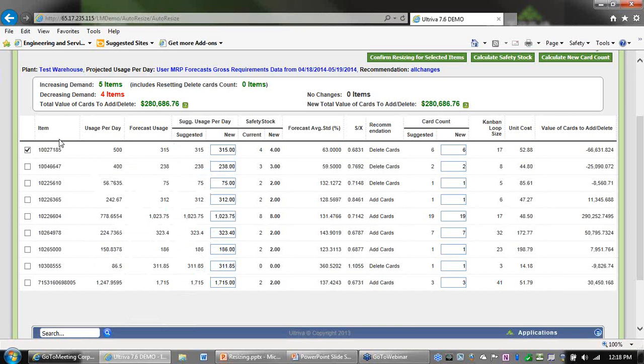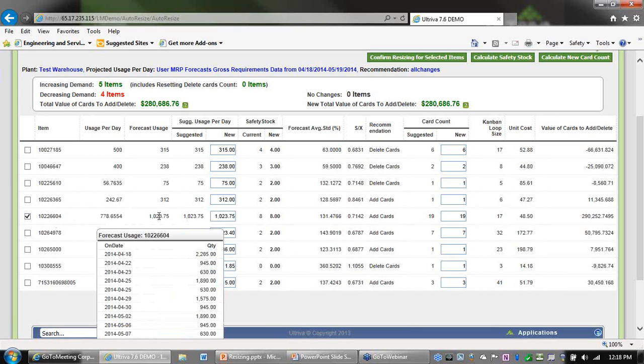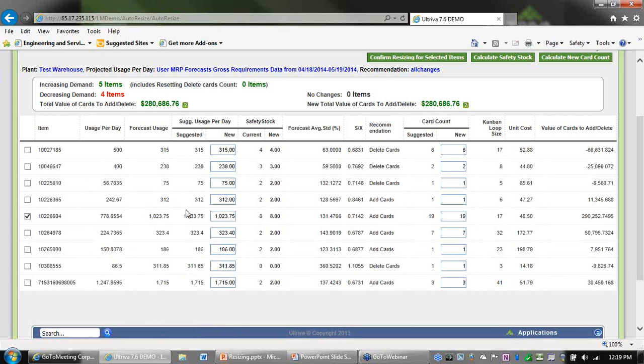In this particular case, for example, let us take the part number which has the forecasted usage per day of 10,023. So what you can do is select that particular part. If you keep the cursor on the forecasted usage, it will show you your gross requirement, which we got from your MRP system, in the tooltip, and based on this we will calculate the average future usage, and then it will tell you what is your current usage per day. In this particular case,